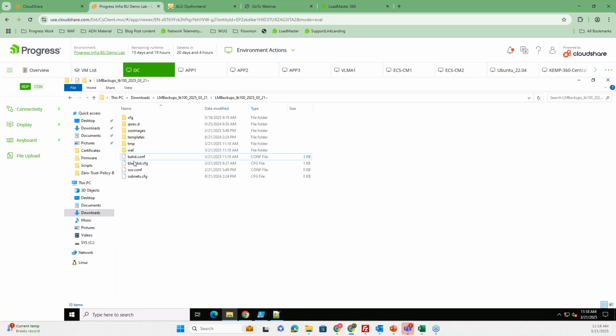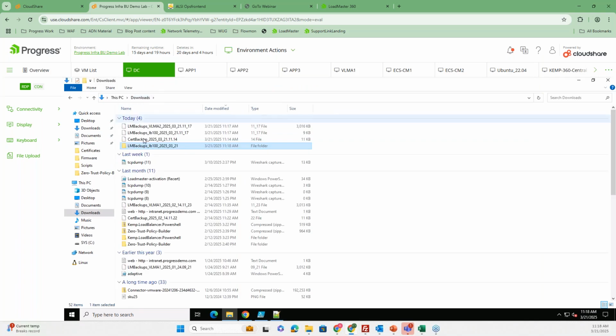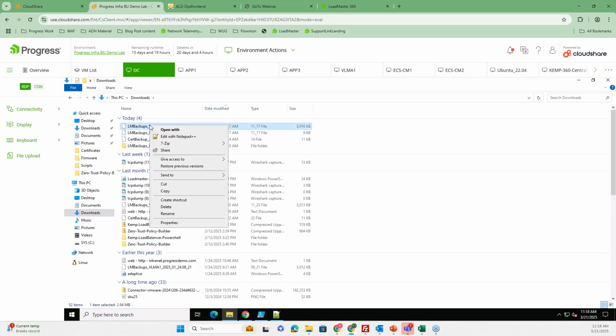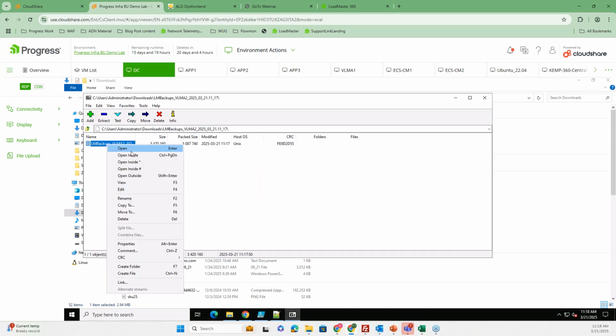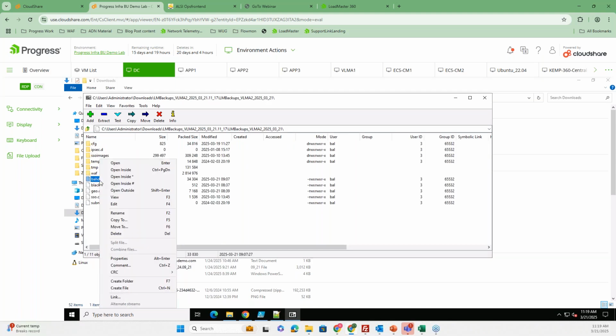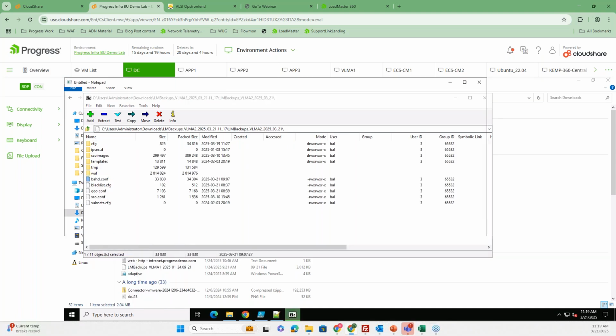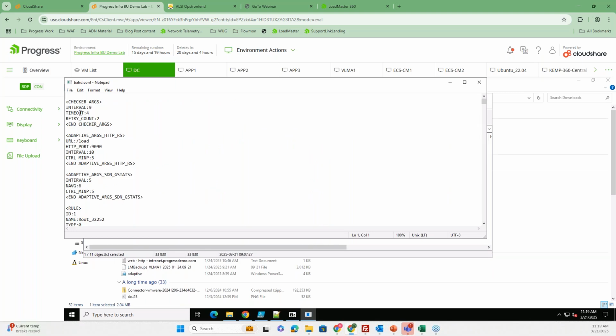And now I'm going into the backup of my HA pair. I'm not unzipping it. I simply open it with 7-zip, and I open the second piece as well with 7-zip. And now I'm going to edit the BAHD conf.